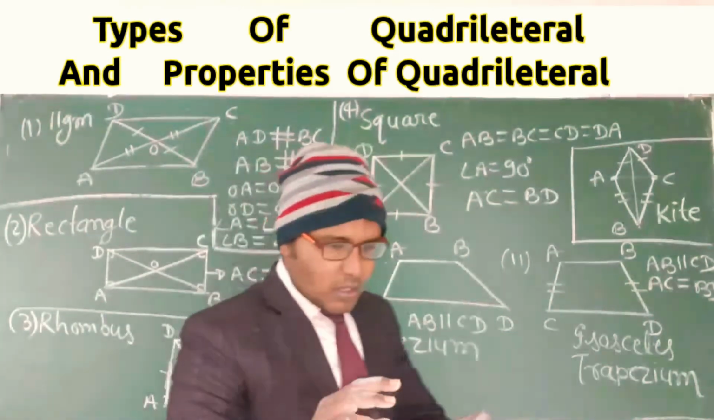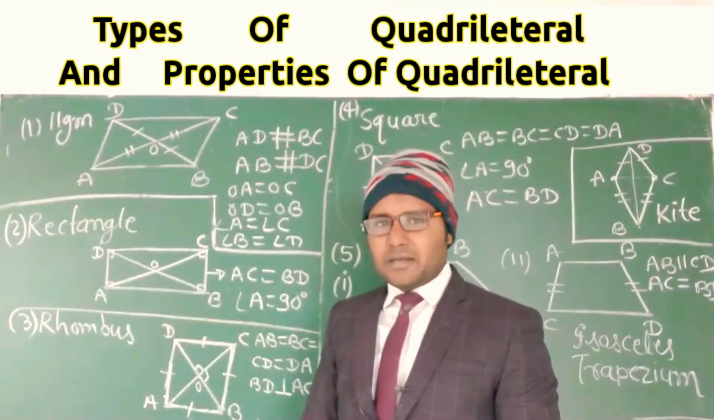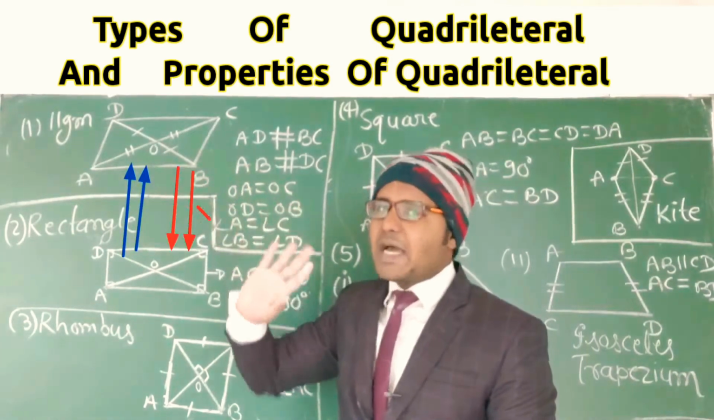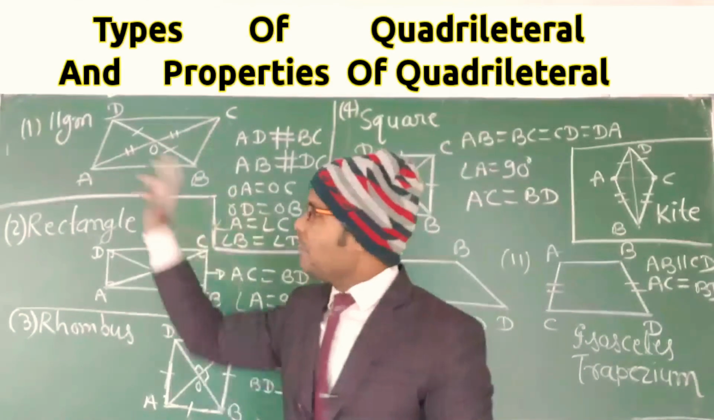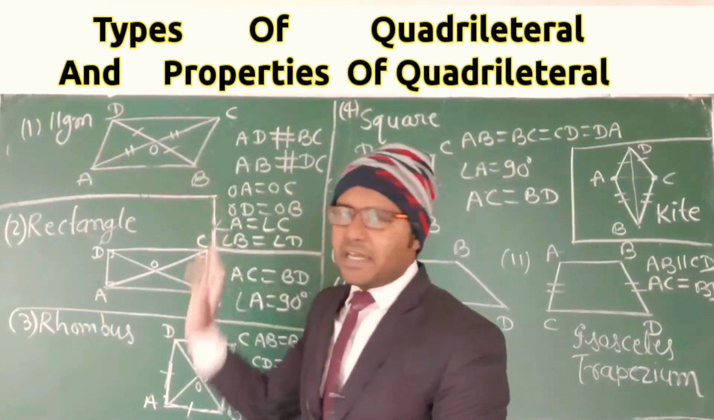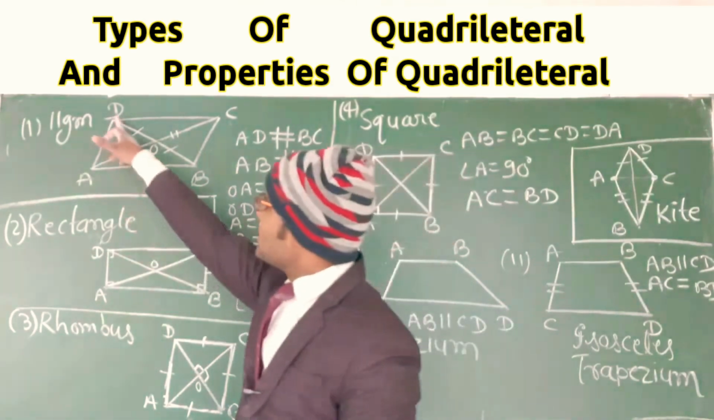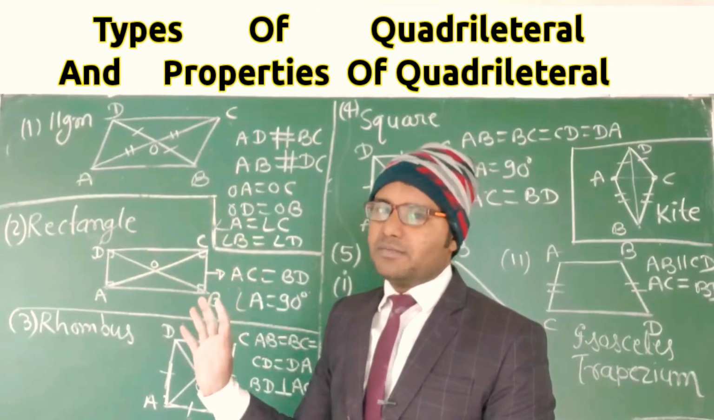Now what is the difference between a parallelogram and a rectangle? All rectangles are parallelograms, but all parallelograms are not rectangles. Because in a parallelogram, angle A, angle D, angle C, angle B are not necessarily 90 degrees, and diagonals BD and AC are also not necessarily equal. Okay,